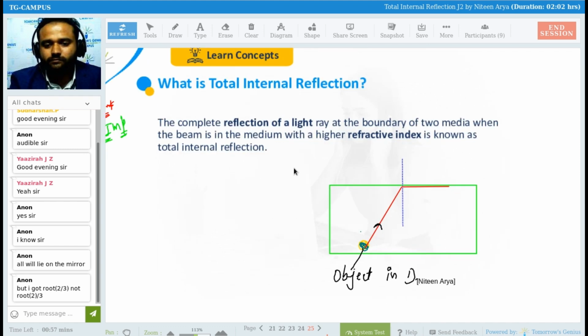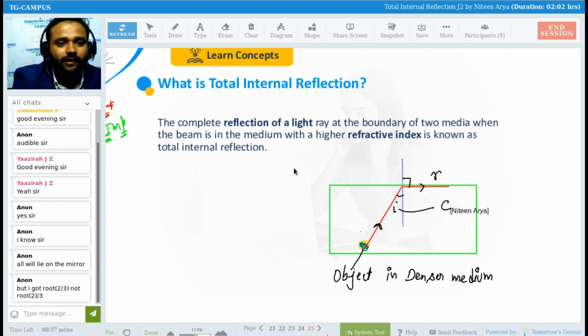Object in denser medium. Clear? So if any object is in the denser medium, that particular angle for which the refraction angle with the normal gives you 90 degrees. This is your incident ray, this is your refraction ray. So that particular angle of incidence is what you call the critical angle. Now this angle is known as angle C, critical angle. Now what is TIR then? If any particular light ray is at more than this angle, suppose,